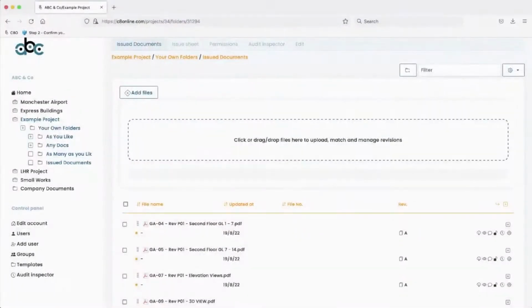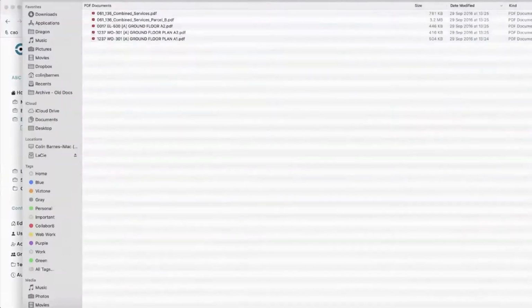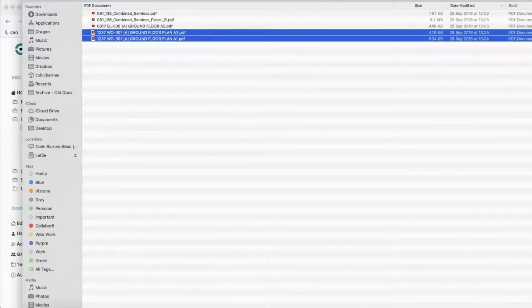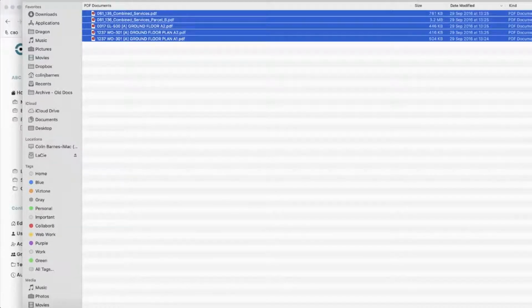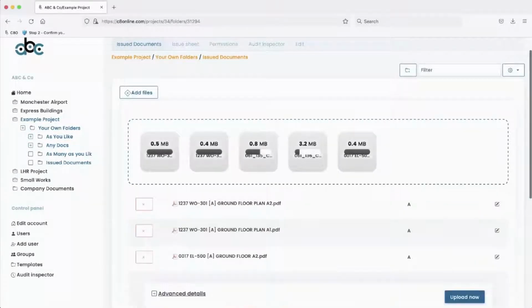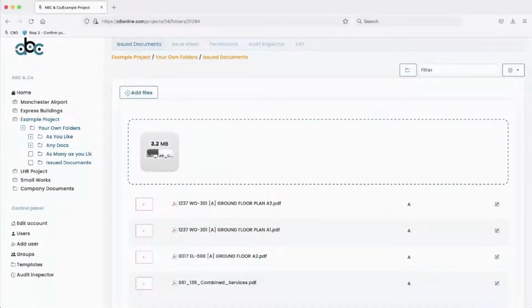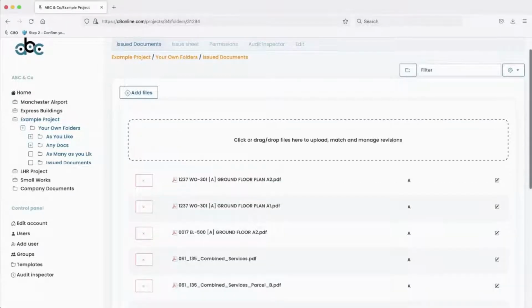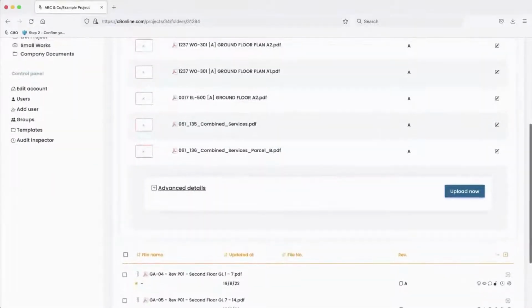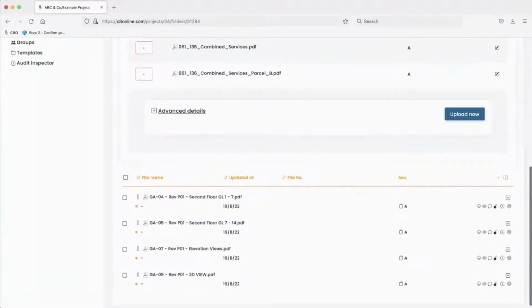If you prefer, rather than dropping files into this area, you can just click here and browse your local drive. Once again, you can use Control and click or Shift and click to select as many files or all the files in your list. Once those files are marked as ready to upload, you could click Upload Now, or if you prefer, go into